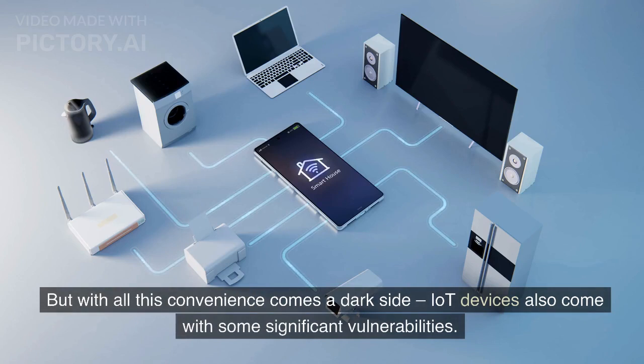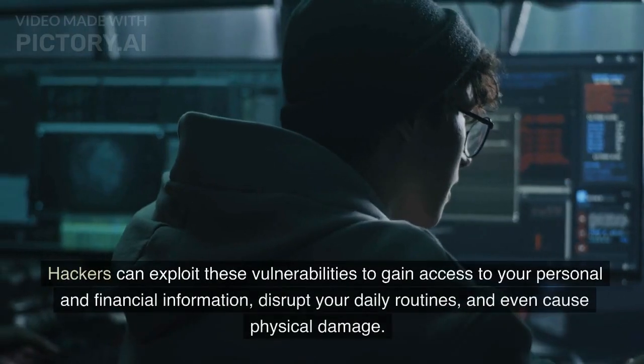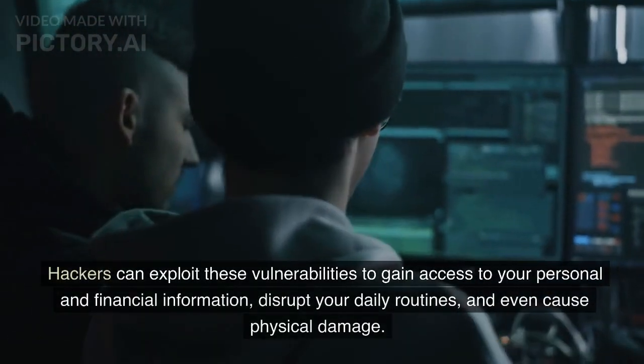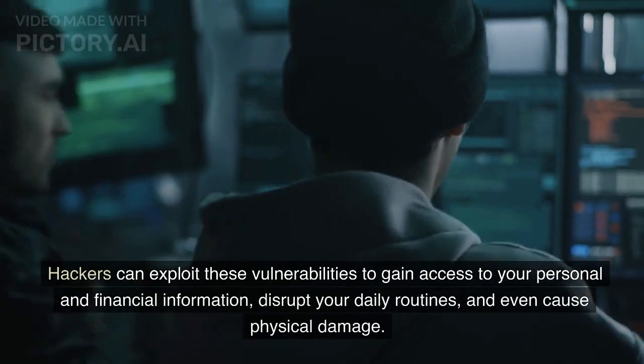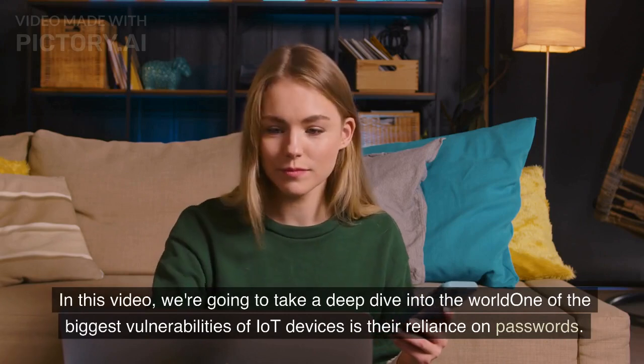But with all this convenience comes a dark side. IoT devices also come with some significant vulnerabilities. Hackers can exploit these vulnerabilities to gain access to your personal and financial information, disrupt your daily routines, and even cause physical damage. In this video, we're going to take a deep dive into the world